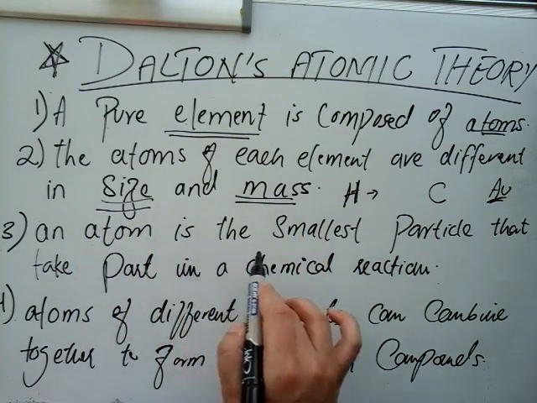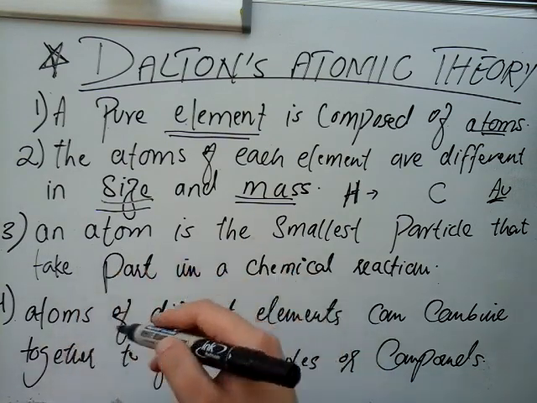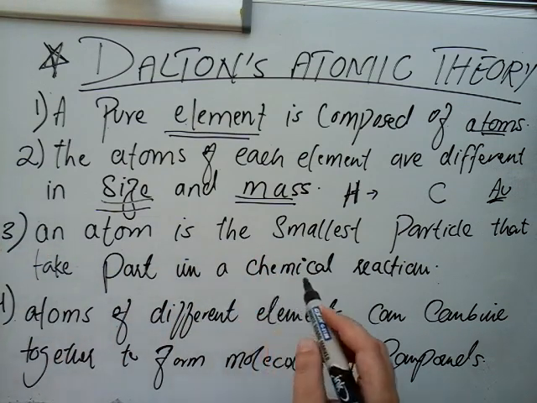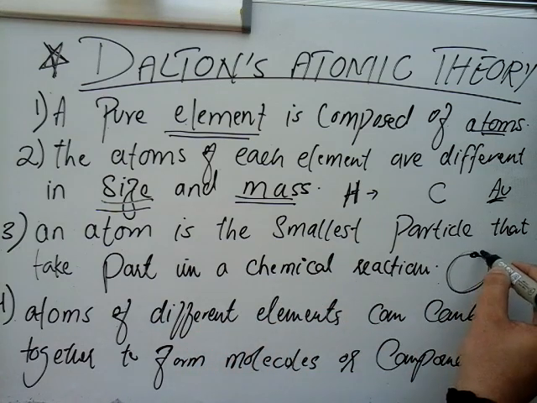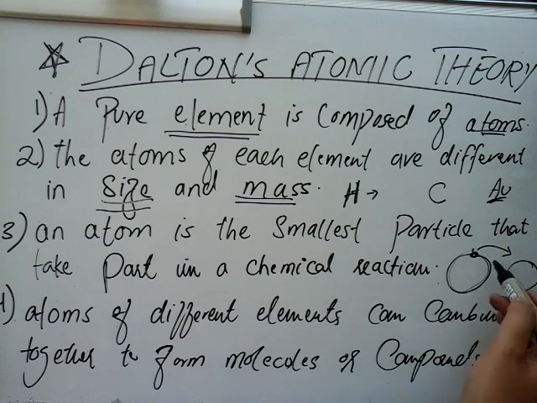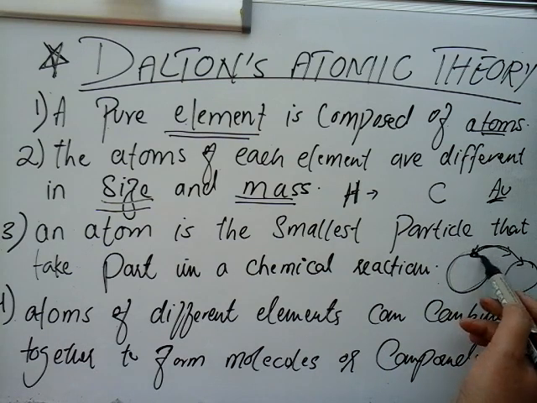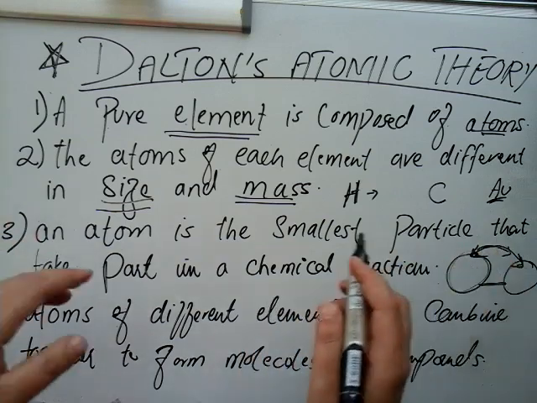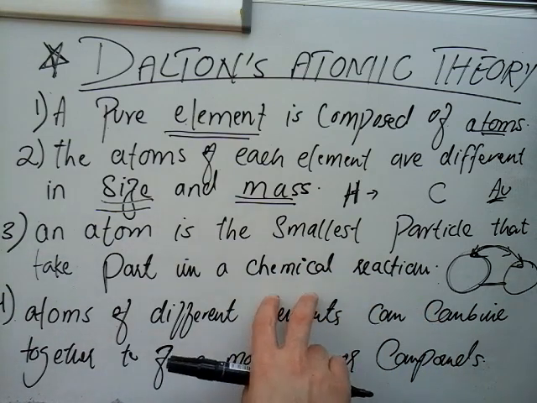Okay, an atom is the smallest particle that takes part in a chemical reaction. The chemical reaction occurs because the atoms combine together. Okay, so atom is the smallest particle that takes part in a chemical reaction. And I told you how they take part in chemical reaction. If atoms give and take electrons, they take part in chemical reaction. If they transfer electrons, through transferring electrons between atoms, this is one way of chemical reaction. Okay, or if they share the electrons. Okay, so through sharing electrons or through transfer of electrons, the atoms take part in a chemical reaction, and as